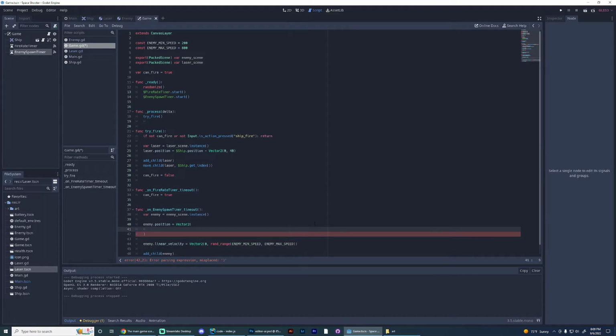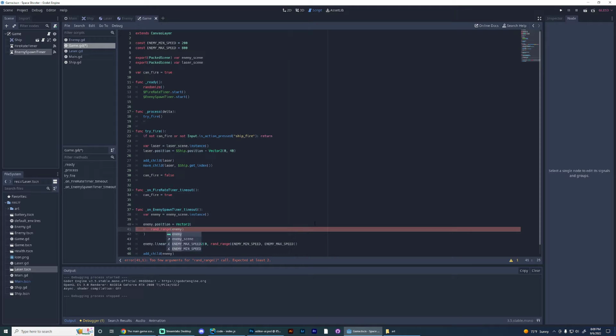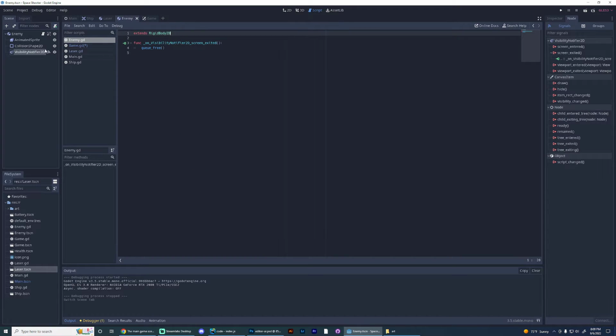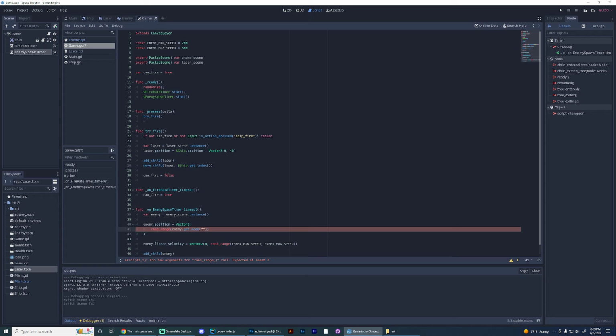So the X is going to be random range between enemy, or between, see, here's that tricky thing again. We need to get a hold of their inner stuff. I don't love this, but to tell their position, or